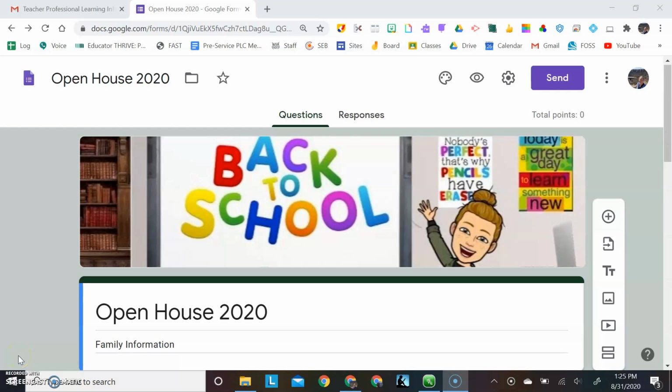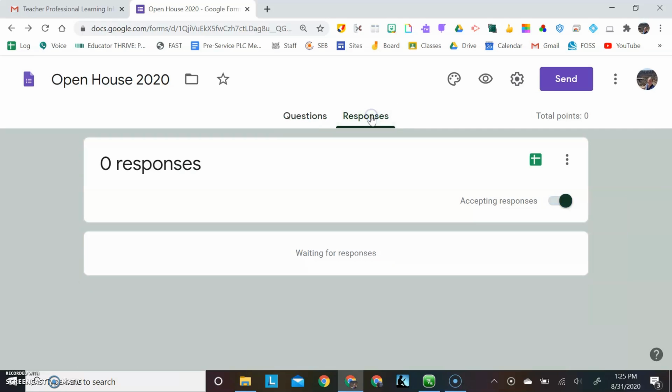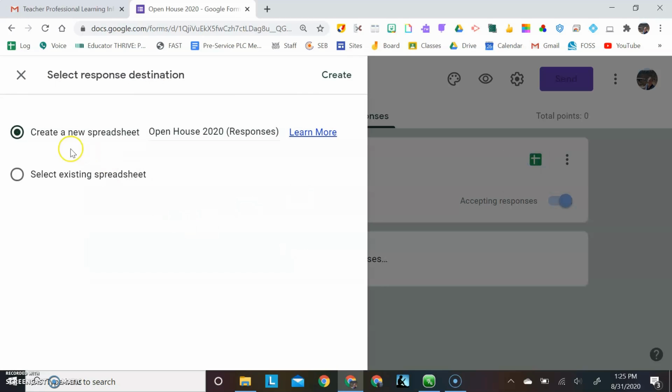The last thing I want to share with you about data gathering forms is how you go about accessing your responses. As families respond to your open house survey, you would see a little number pop up here saying how many families have responded. In order to look at the responses, you click response, and it will tell you the answers for as many different questions as you have. One of the things I really like about Google Forms is that you can change everything into a spreadsheet, all the answers. So if I click here, it asks me if I want to create a new spreadsheet. I hit create,